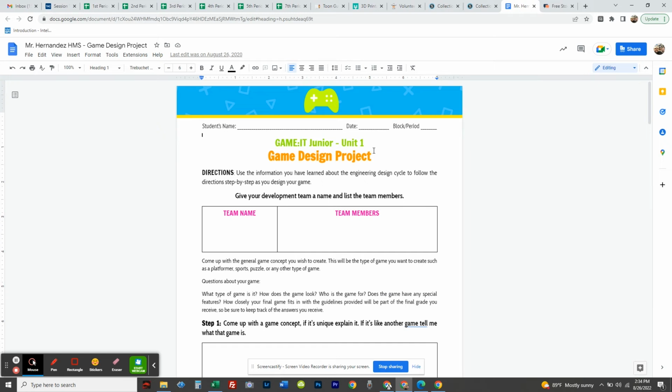Yours is a simplified version, the game design project worksheet. So the first part is teams. If you want to work as a team with somebody else in your group, like in the class, you can do that. If you want to work solo, you can work solo. It does not matter which one you choose. Either way,